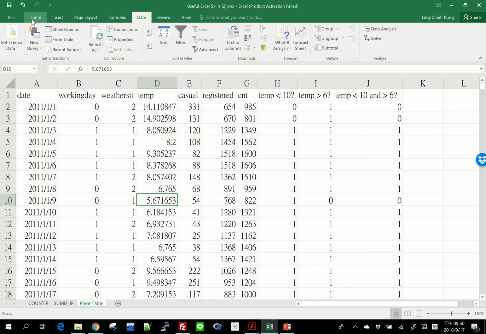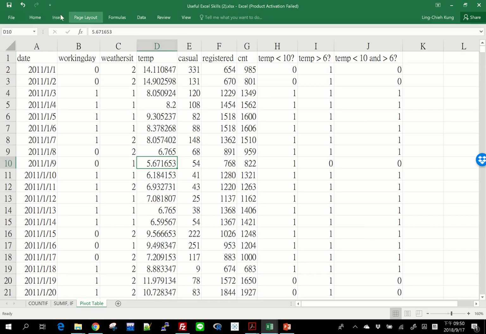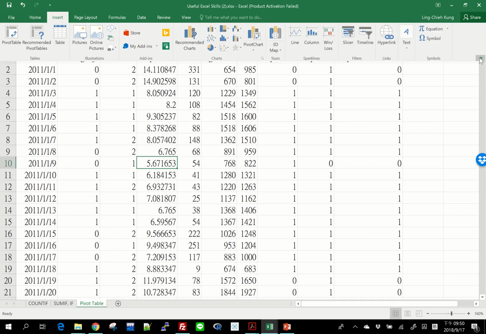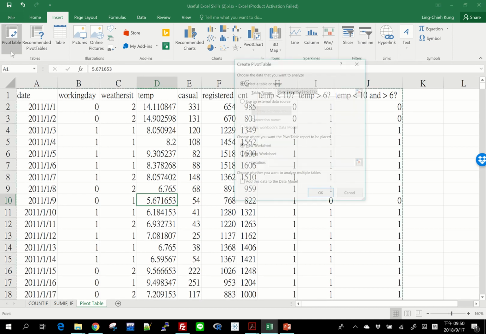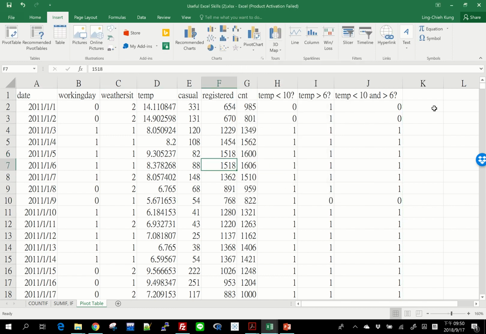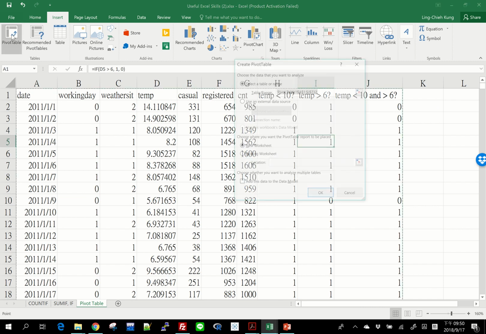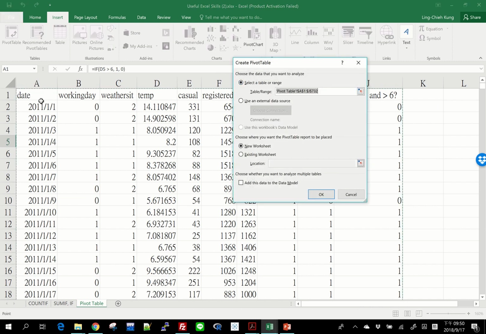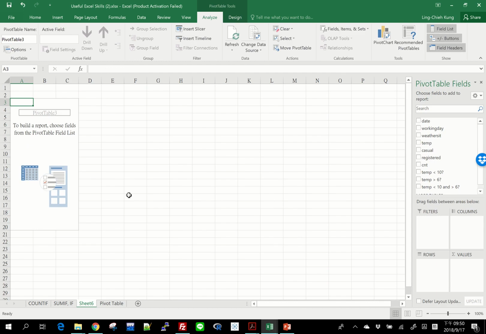So suppose I want to insert a pivot table. What I should do is go to the Insert tab and then click on Pivot Table. So I need to select a range to create my pivot table from. So I need to select raw data. So the raw data is here. As long as I click on my data table somewhere inside the table, then when I try to create a pivot table, it will select that complete table for me directly. So typically all I need to do is to select OK, and then I see a